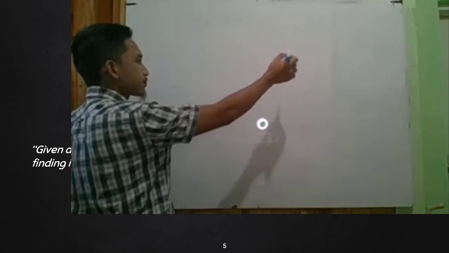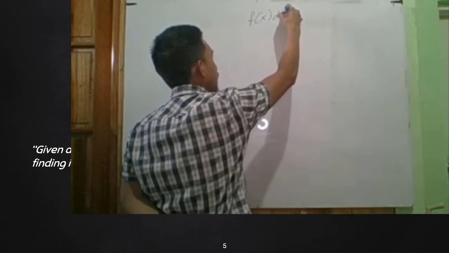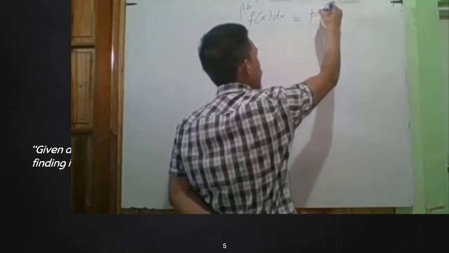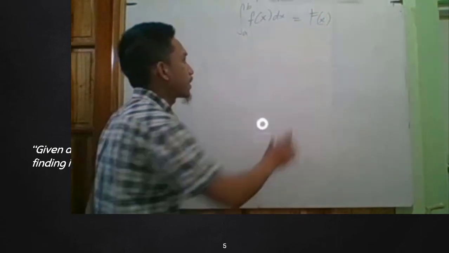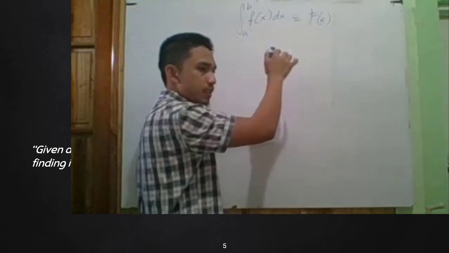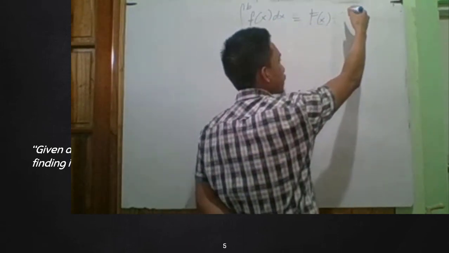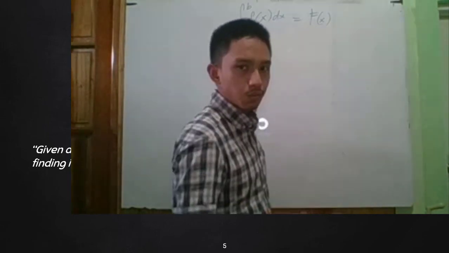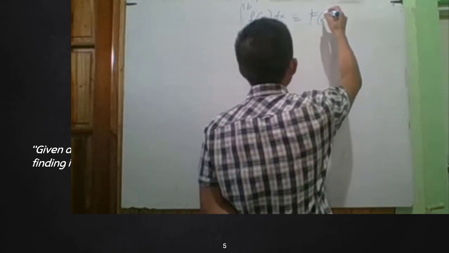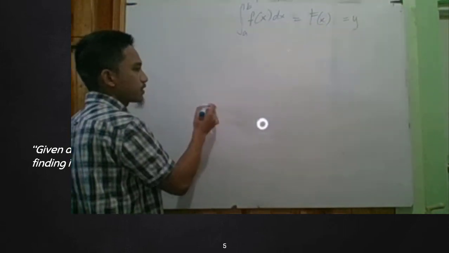Okay, let's say you have there your f of x dx. You are going to integrate that one from a to b. You will end up with f of x. Okay, that big F stands for the equation. This is the derivative or your integral. Okay, this is the differential equation, that is the equation. Again, in your indefinite, that is plus c, but we do not need to write that one. Okay, I will explain that one later. And again, if your f of x is actually a function, let's say that is equal to y, then you can just say, okay,